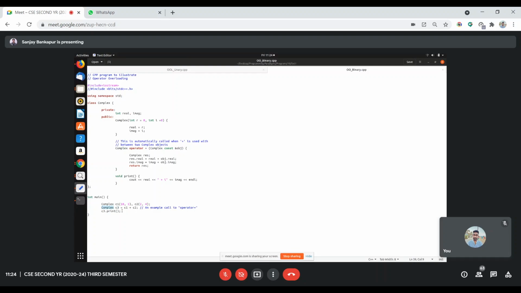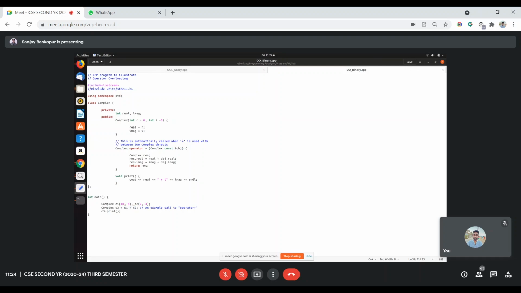I know it is feeling a bit tricky, but we'll see with a detailed example. So in this case, C1 plus C2, the addition is happening, and plus is the thing. Plus has two operands, and both are not primitive data types, they are objects. Both the operands are of type Complex.